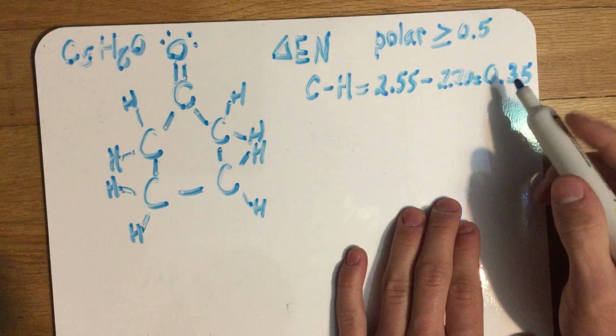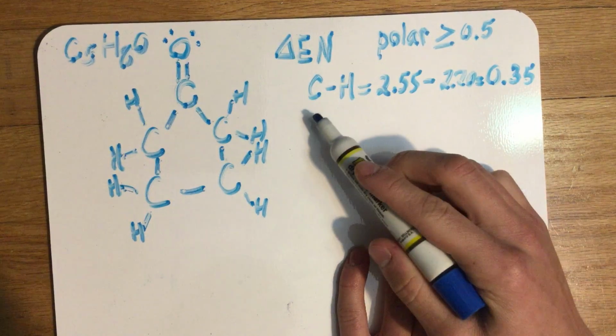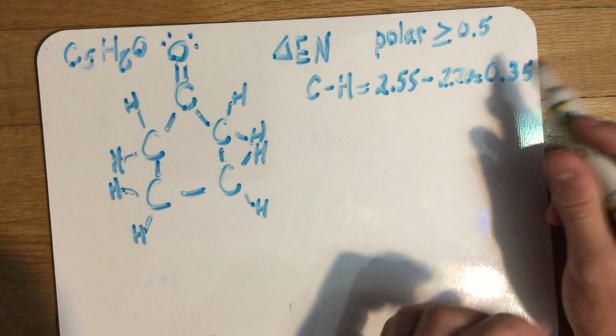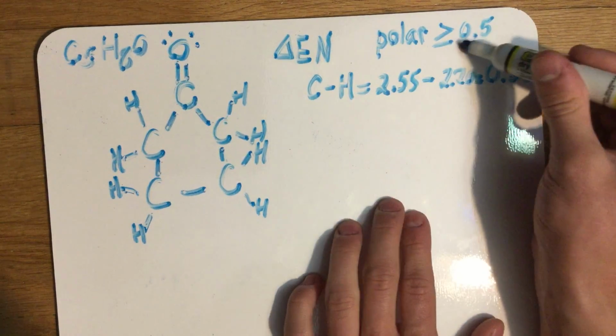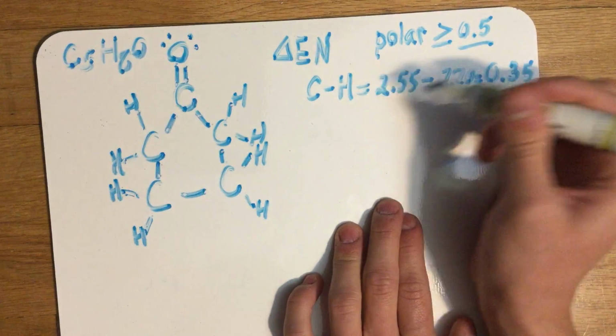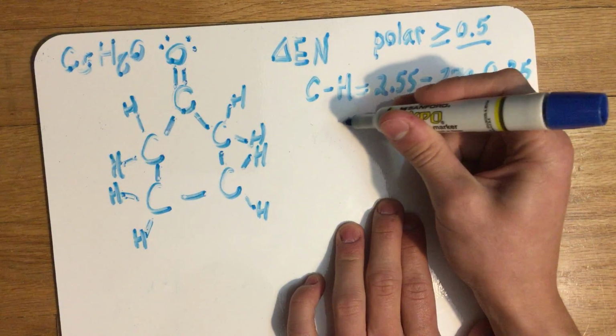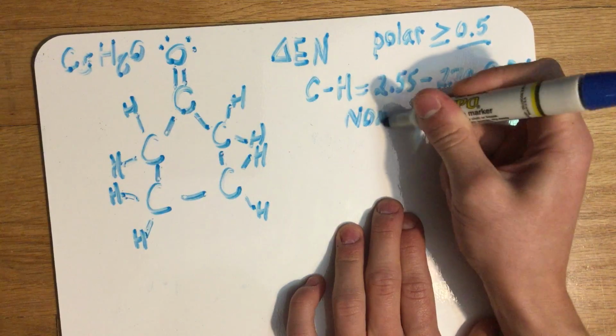So in this case, the carbon and hydrogen bond, the change in electronegativity is 0.35. That is lower than 0.5. So we know that this is a nonpolar